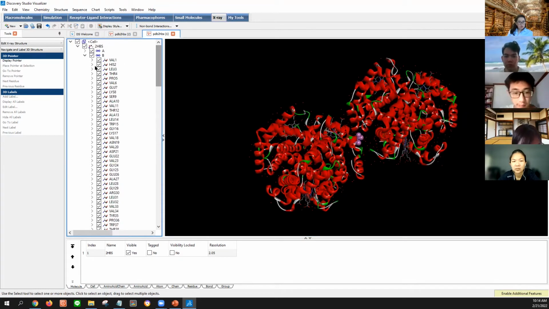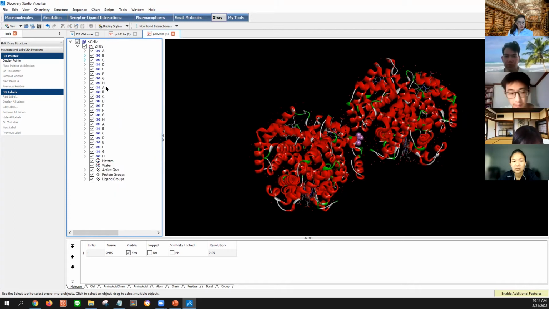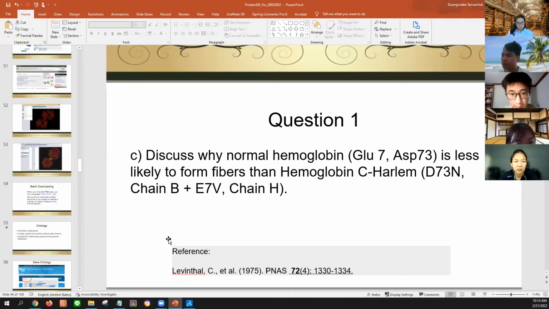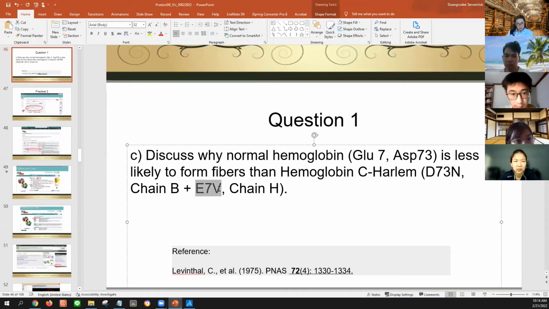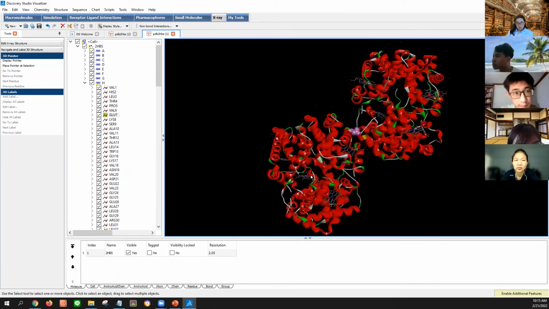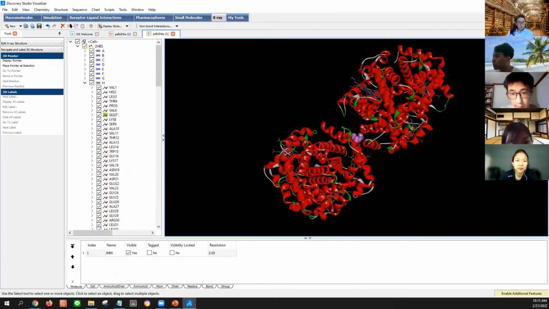Number 1, so chain B and then the first set of chain H. You want to go to chain H, glutamate 7 mutate to V. So you go to glutamate number 7, which is mutate to V, and view